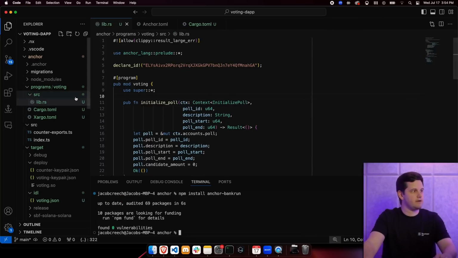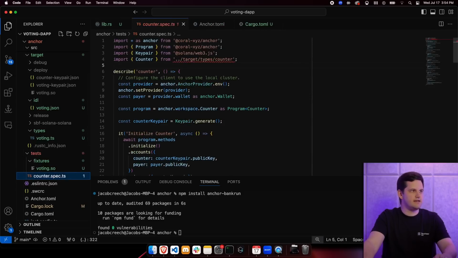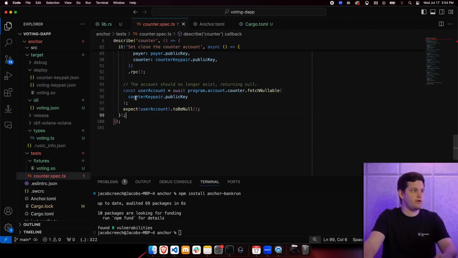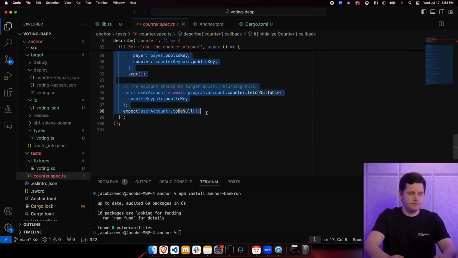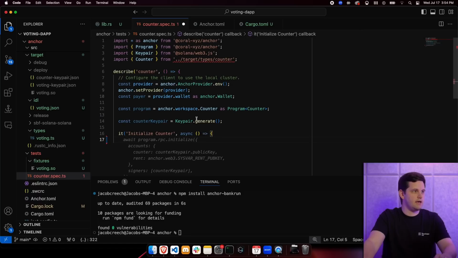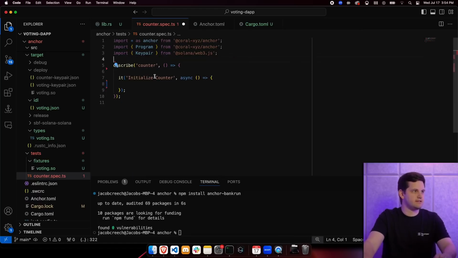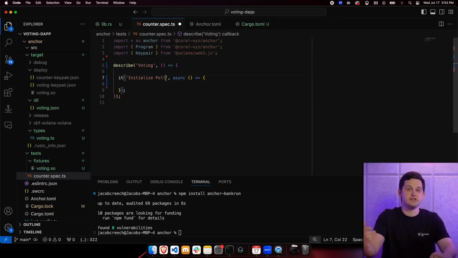So if you go over here, there is a counter.spec.ts. You click on that, and there's already a test in there for the counter program. We're not using a counter program anymore, so we're just going to remove all of the information within it and create a new test. So let's remove the whole thing and remove some more of the code. Let's remove the counter because it doesn't exist. I'm going to call this voting, and we're going to call this initialize poll, because we're initializing the poll